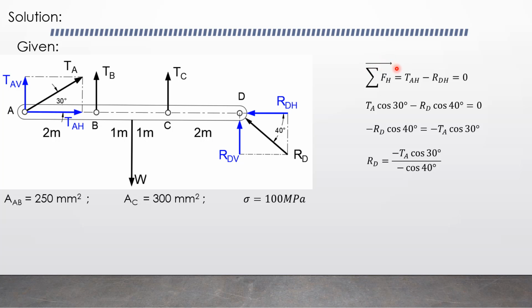The arrow here indicates that when it is going to the right, we use a positive sign, and when it's going to the left, we use a negative sign. So our RD, or the reaction D, is equal to 1.13 TA. Okay,